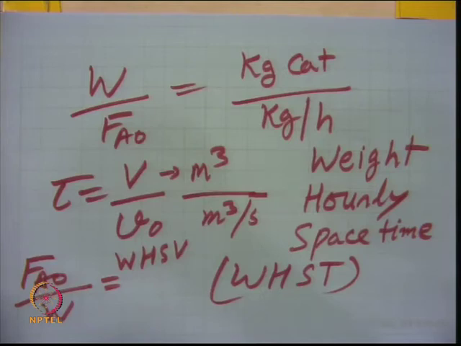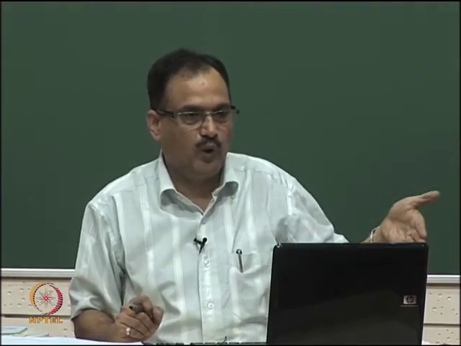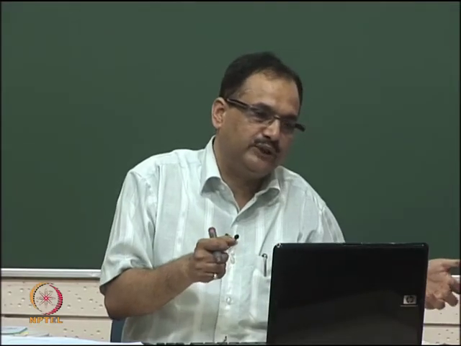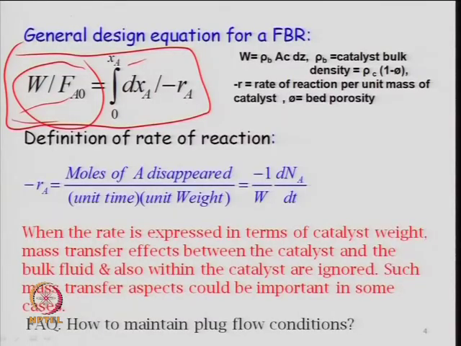Again a very important parameter like W by F A naught, because you know if you have a larger residence time inside a reactor for a reactant feed, then the conversion may be high, right. So, conversion will increase if you increase your W for the same F A naught, right, same feed rate, or if you have reduced your W and reduced your F A naught also in the same ratio, it will not change, right. Theoretically it should not change, because we have seen that conversion is related to this, right, and this.